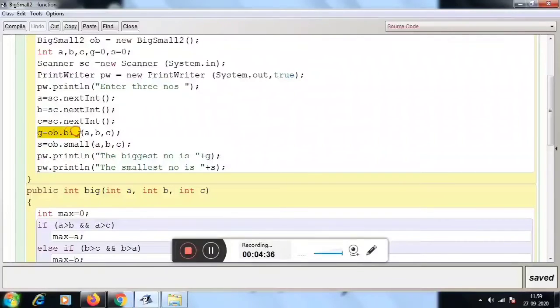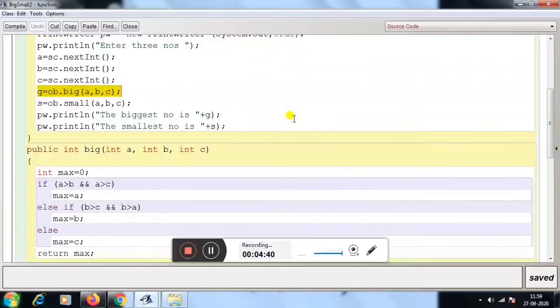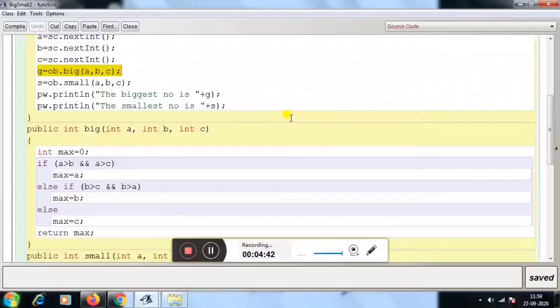See, when the statement g equal to ob dot big within bracket a comma b comma c is executed, the cursor will jump to public int big within bracket int a comma int b comma int c, because this line is called the function signature.